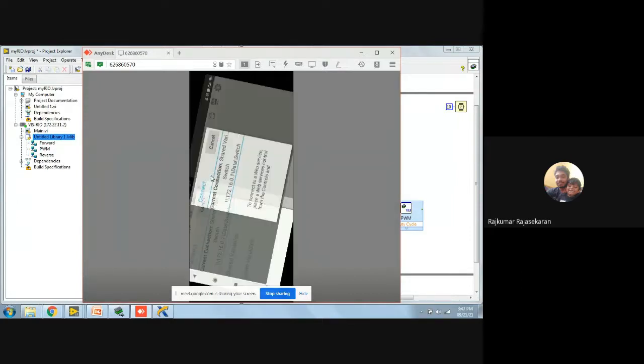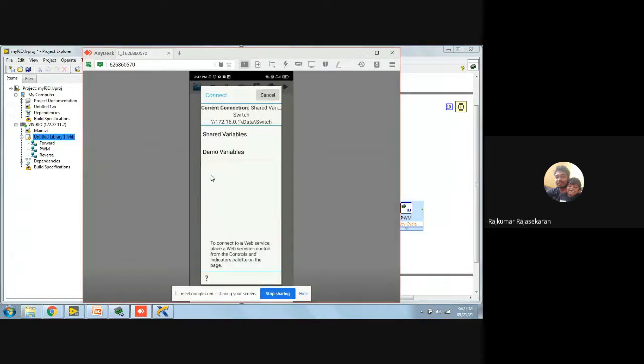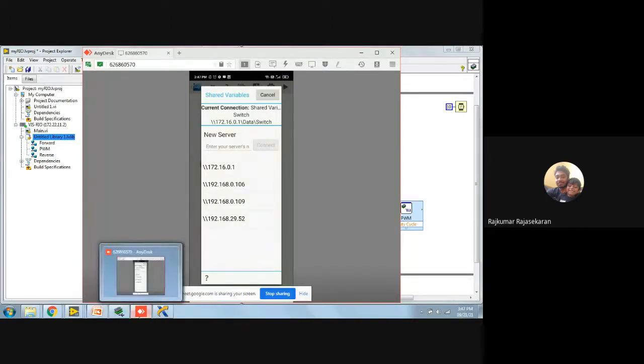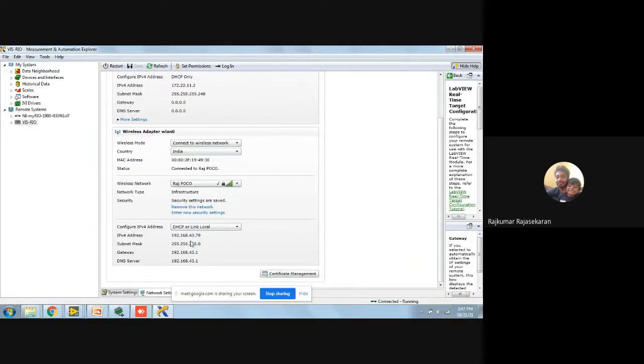I need to configure the switch to access the shared variable, and I need to enter the server number, which is nothing but your IP address here. So 192.168.43.79.